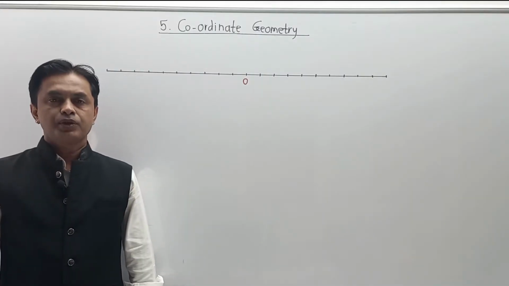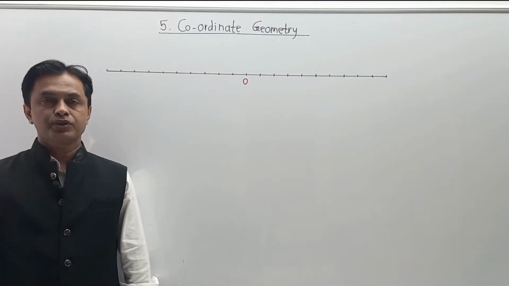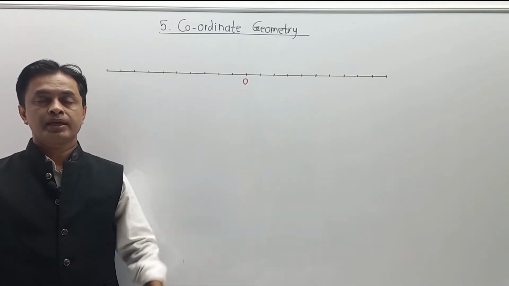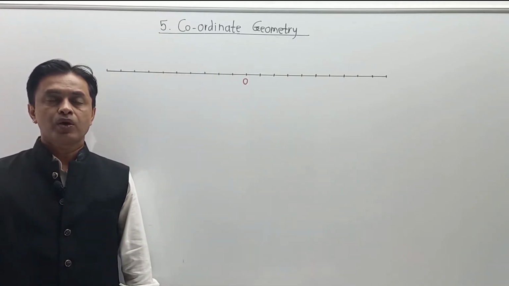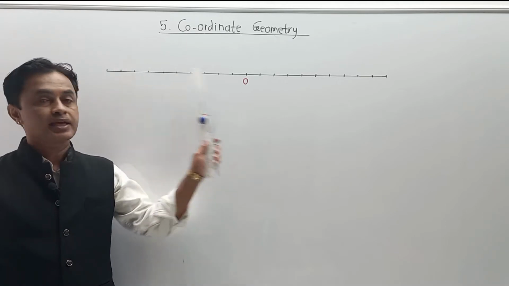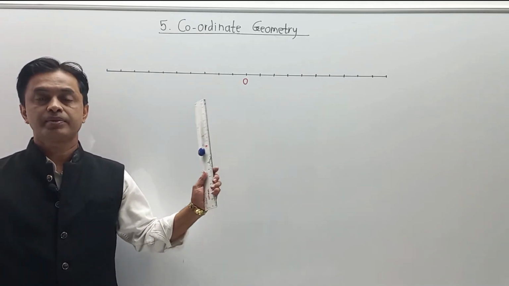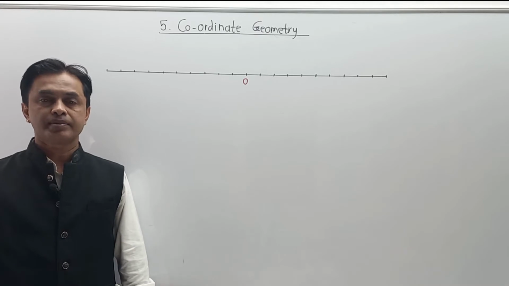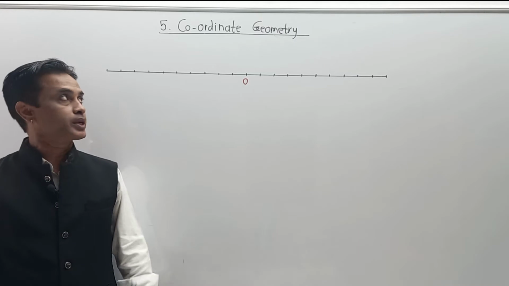Hello friends, today we are going to start a new chapter, chapter number 5, coordinate geometry. Now please try to understand. Already you have a reference from standard 9, in which we completed some basic fundamentals: line diagram, number system, distance between the 2 points. That part we already completed in 9th standard, but again taking the reference for standard 10th, we have to observe the part over here.